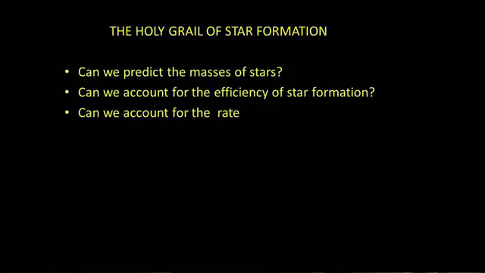You saw that incredible density of stars in the center of the Milky Way. How on earth did that come about, that all those stars packed together? And other regions are quite dark, relatively dark. And can we account for the rate, how rapidly stars form? Because with modern discoveries, when we look back in the early universe, we find some galaxies are like our own Milky Way, very quiescent sort of things, making stars now and then, as our Milky Way does. A few stars on average are made every year in the Milky Way. But there are other galaxies out there which make stars 1,000 times faster than the Milky Way. Why is that? What on earth is going on?